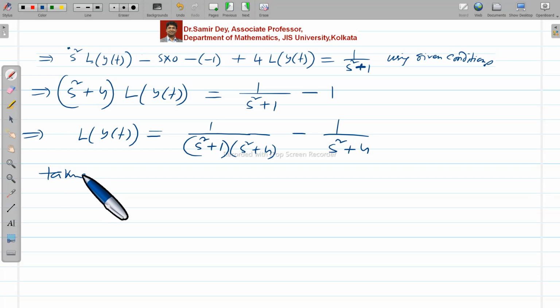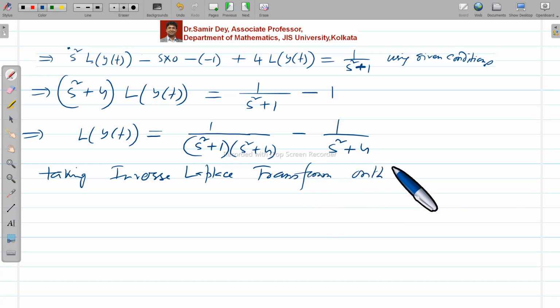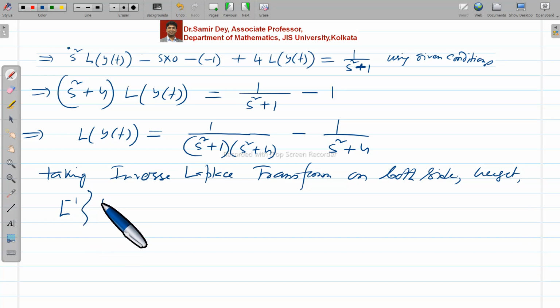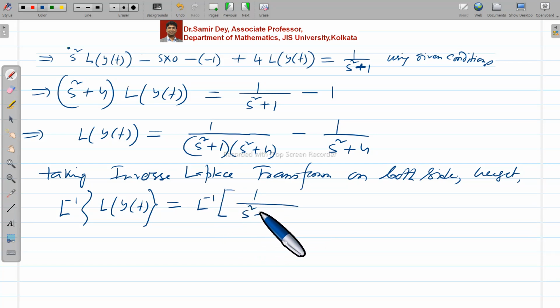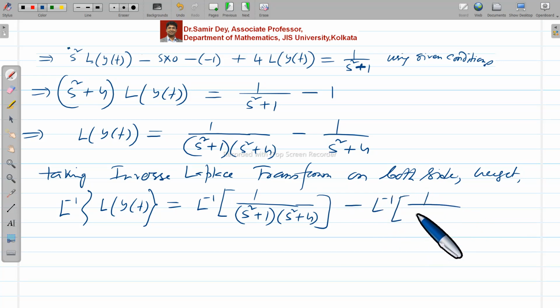Okay, next you write down taking inverse Laplace transform on both sides, we get. Okay, so please write down. So L inverse of L of y(t) is equal to L inverse of 1 by (s square plus 1)(s square plus 4) minus L inverse of 1 by s square plus 4. Okay, so now from here it is coming only y(t)